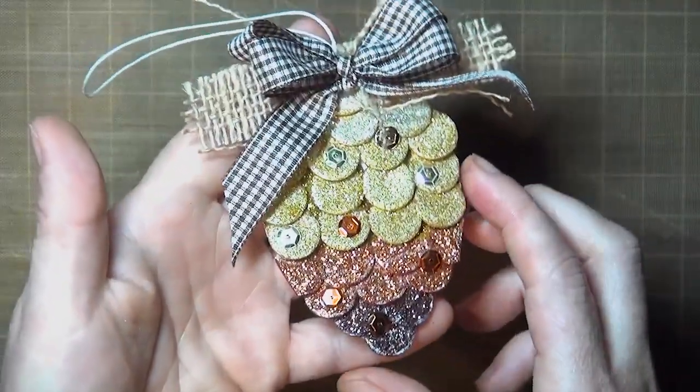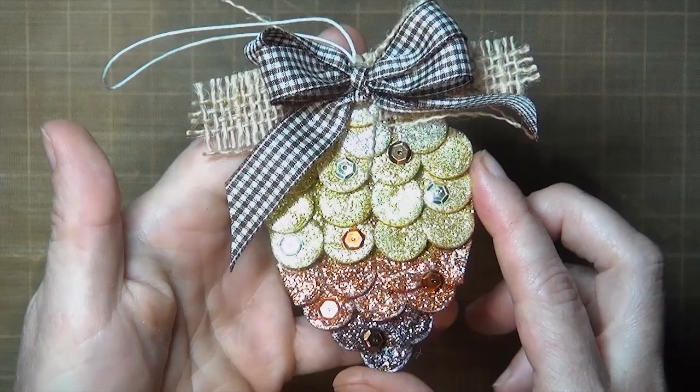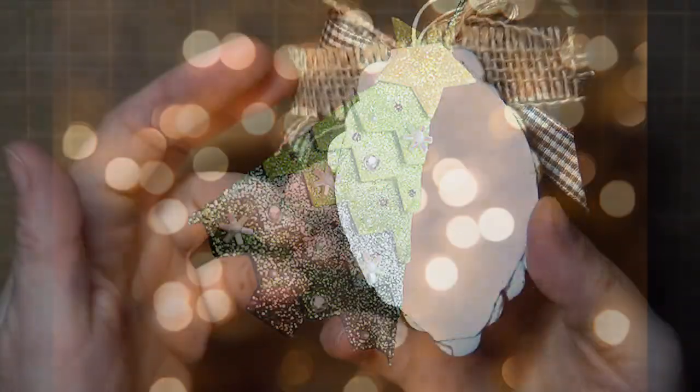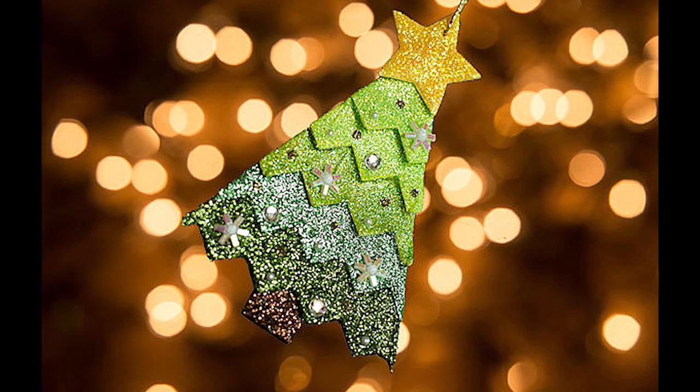And here is another one I made. It's a little pine cone that would be pretty for either fall or winter. And this is Michelle's sample, and you will find her